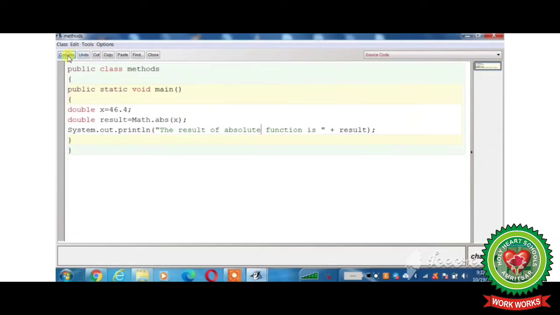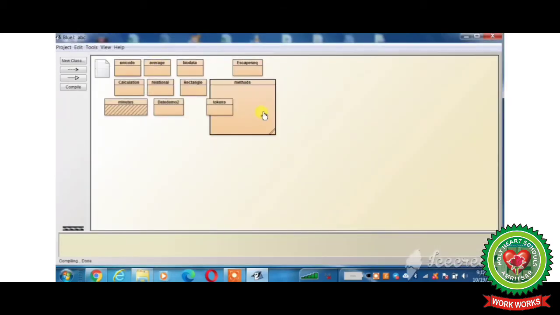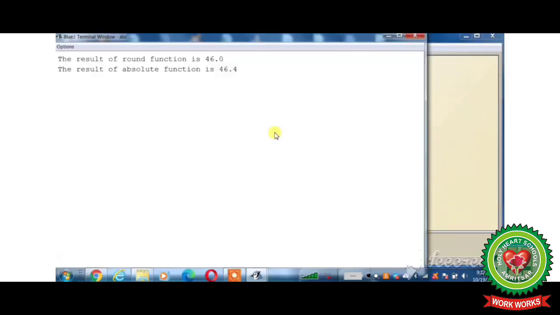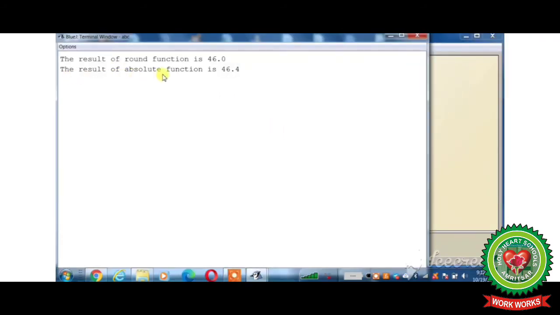See, we will click on the compile button, click on close button, right click on the class icon and click on the void main. See, the result of absolute function is 46.4, means whatever value you have accepted, if your value is positive, same result you will get on the screen.